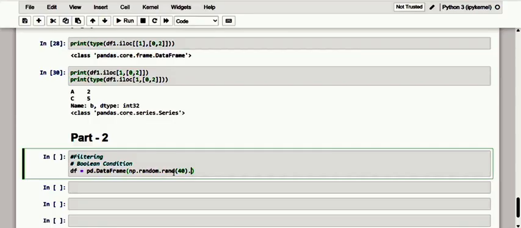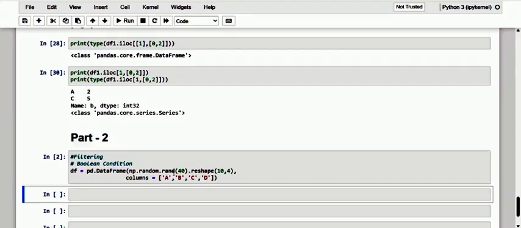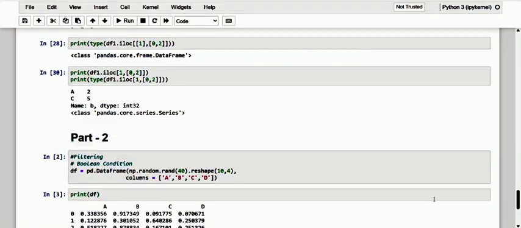So let me reshape it to 10 comma 4, and of course we want to include one more thing, that is the columns. So here we go with the columns, and last but not least, here it is the data frame, and let me print it to get it executed.